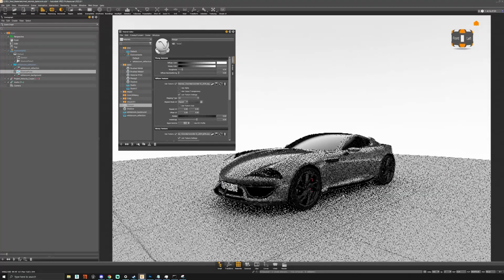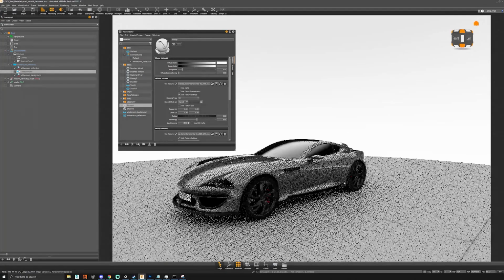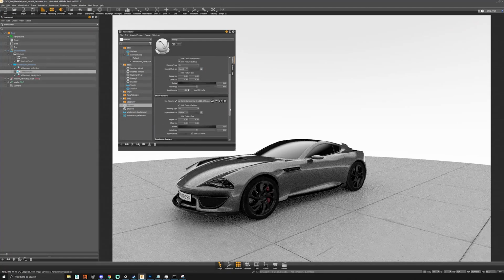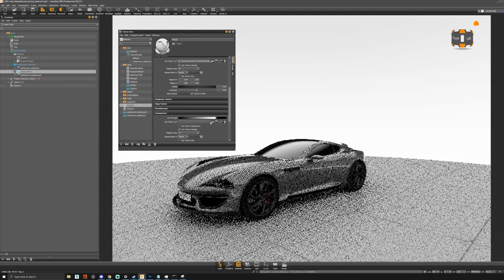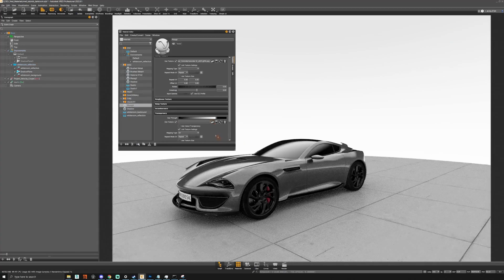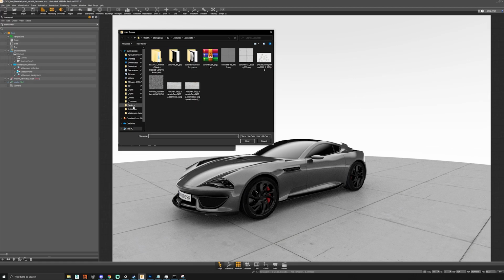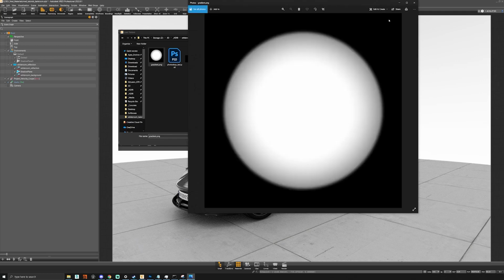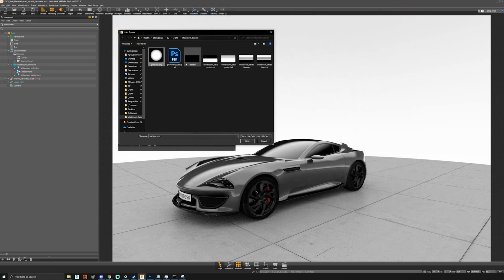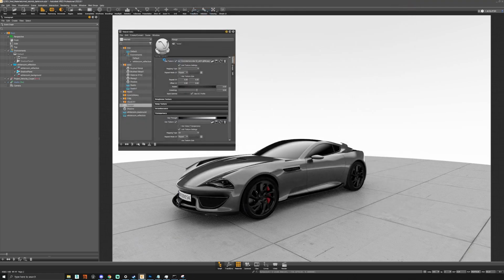And then what we can do now is use a transparency texture, so we can blend the hard edge of the floor in with the background. So what we'll do is use texture, and then we'll find our gradient texture. So you can go in there, and it's just a very basic round gradient texture. You can do this quickly in Photoshop with the radial gradient tool. So we load that in,